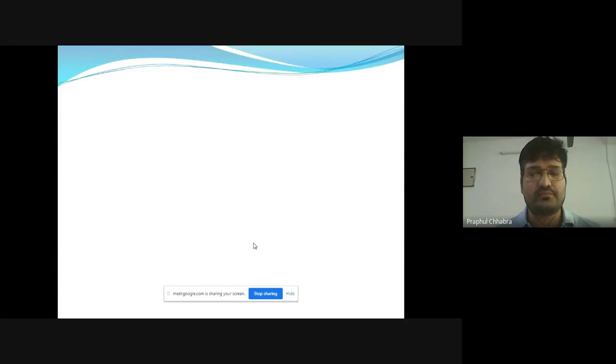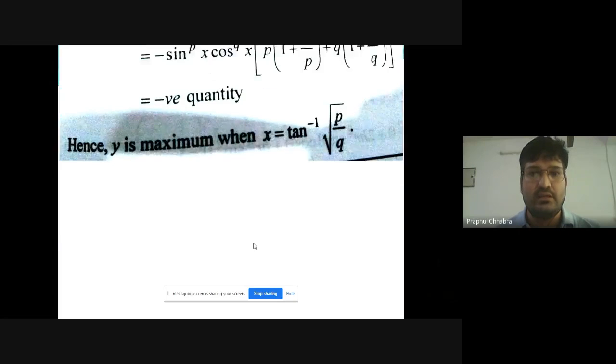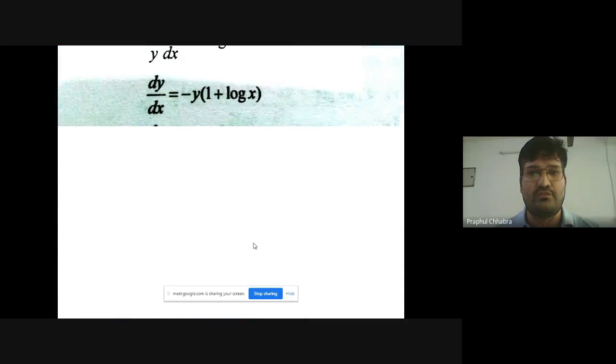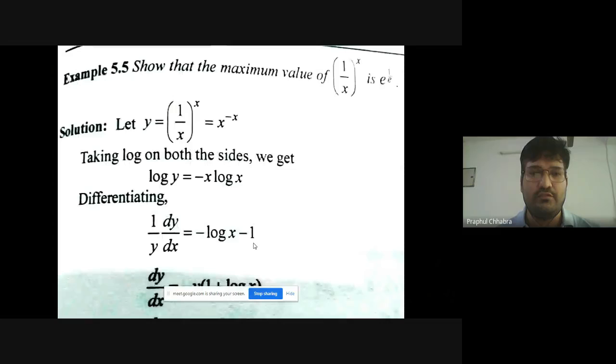Now today we will do some more questions of maxima and minima so that we can better understand how we can find the maxima and minima and the corresponding values of maximum and minimum. I repeated many times, and in the last two videos we discussed that the values of x are called maxima and minima, and the corresponding values of the function are called maximum and minimum values.